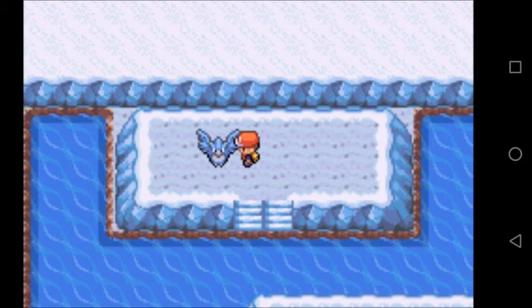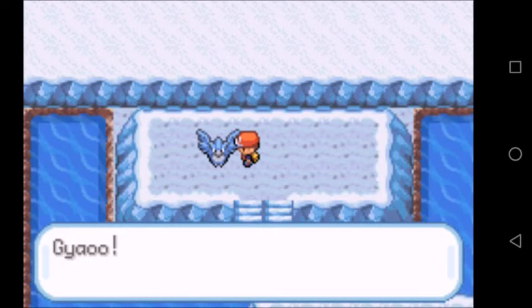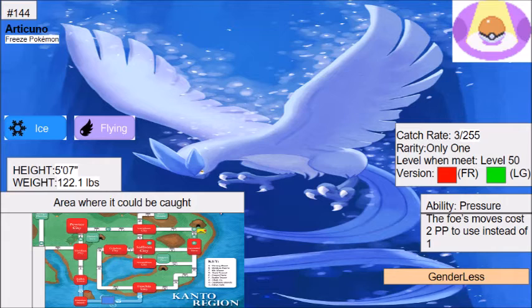Save the game. Go ahead and talk to it. Alright, this is Articuno, one of the legendary three birds in Kanto. Articuno is a very special defensive bird. This is the one bird we saw at the binoculars. This game did foreshadow it, and it has very good special defense,